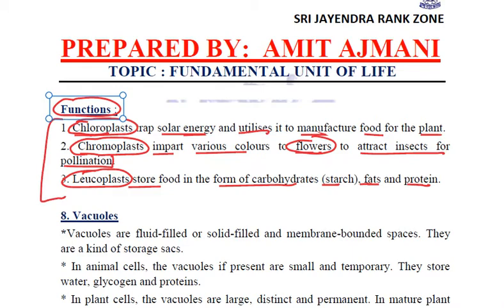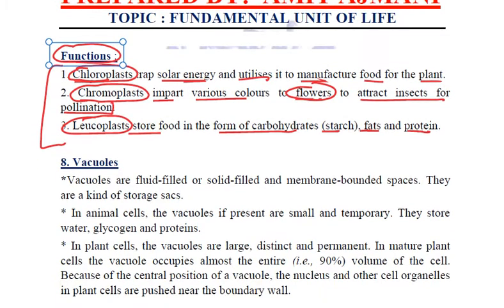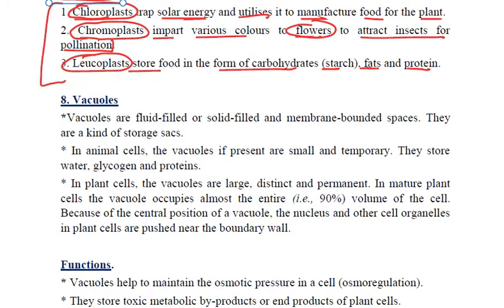And let us remind ourselves once again that these plastids are just like mitochondria in their structure also, and in their having their own genetic material also. And these plastids are present only in plant cells. They are not present in animal cells. Rest three types, chromoplast, chloroplast and leucoplast, we have studied their functions. The next cell organelles are the vacuoles.